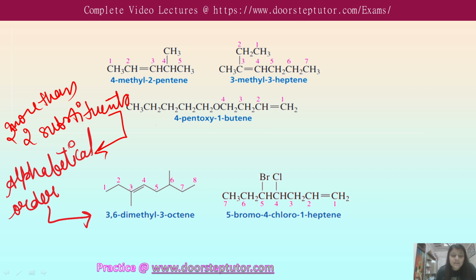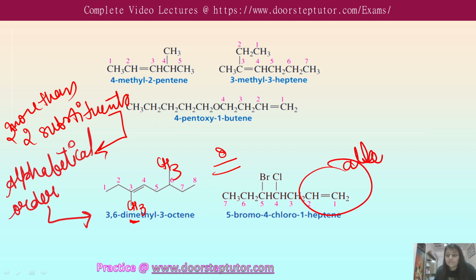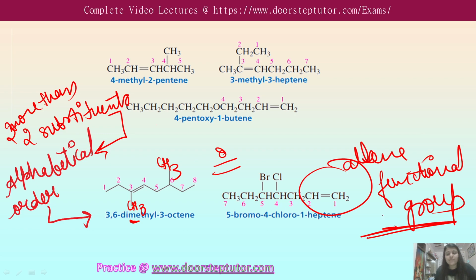In this particular example, we have CH3 on 2 positions, and it starts with the letter M, that is methyl. So the nomenclature of this particular compound is 3,6-dimethyl-3-octene, because we have prioritized the substituents according to the alphabetical order. Just consider this example in which we have two substituents, one is bromine and the other is chlorine, and this is the alkene functional group. For IUPAC nomenclature, we are assigning alkene as a functional group. So here is our functional group, and we have started the numbering of this particular